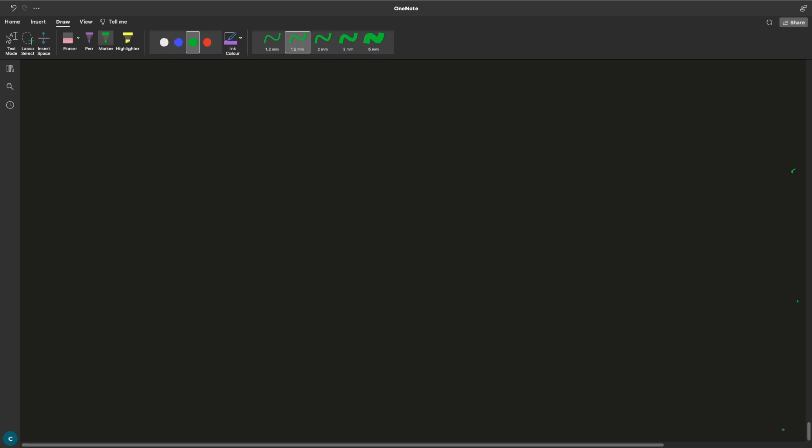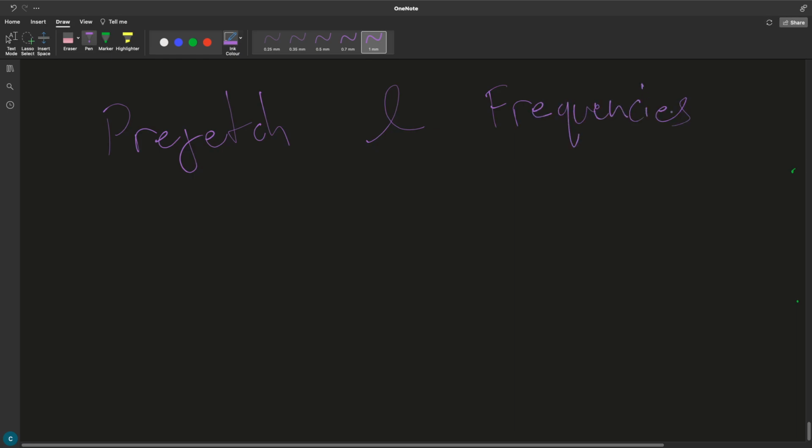So we went through a few of the different things in terms of RAM, and in this video I wanted to just go through effectively what prefetches mean. So we've got prefetch and frequencies. So the prefetch is effectively, in its simplest term, how many pieces of data go through in each turn, and